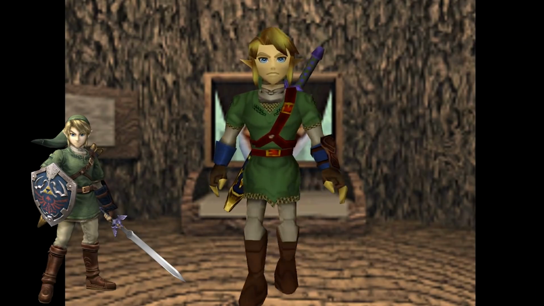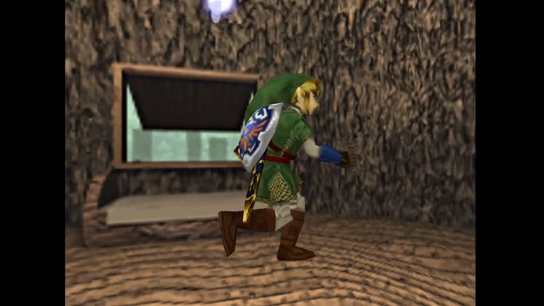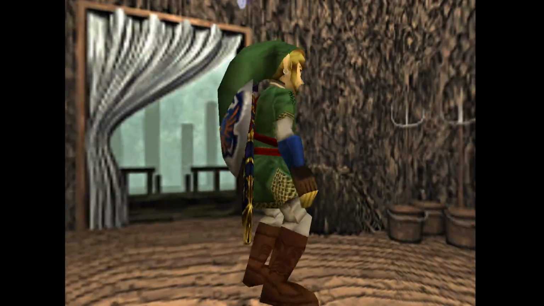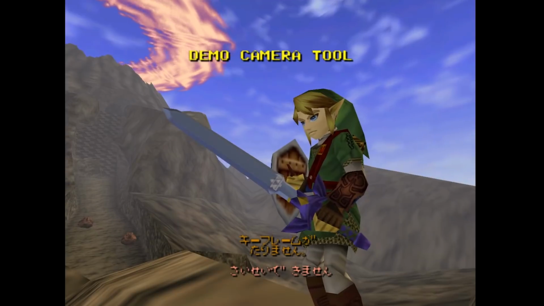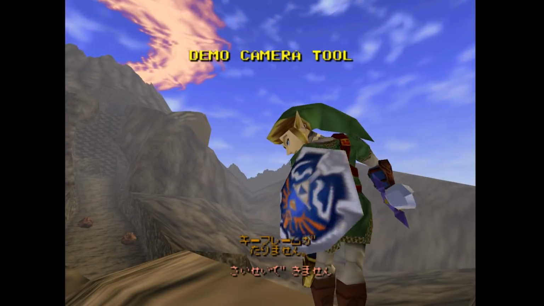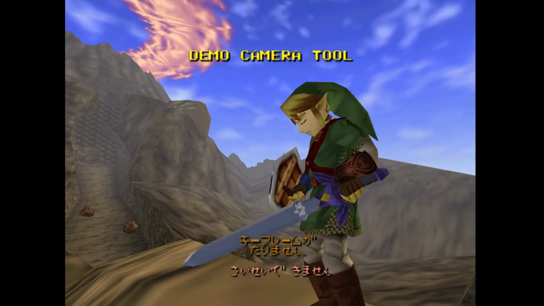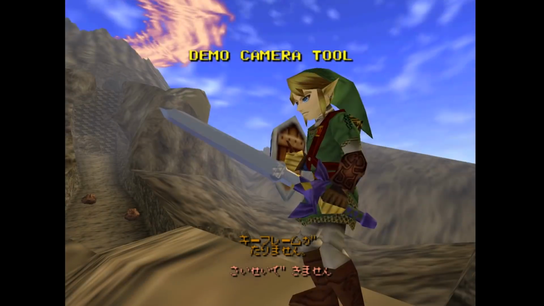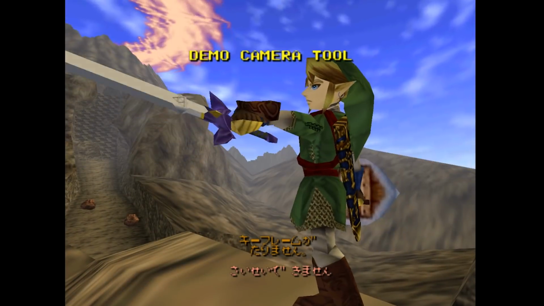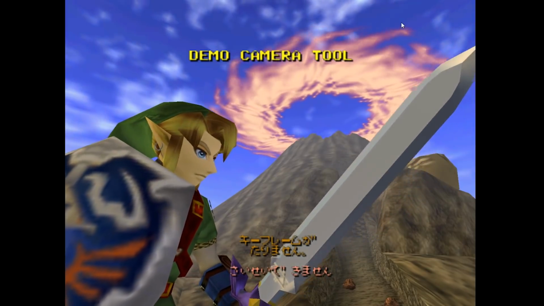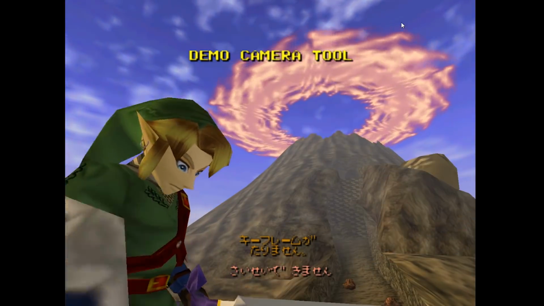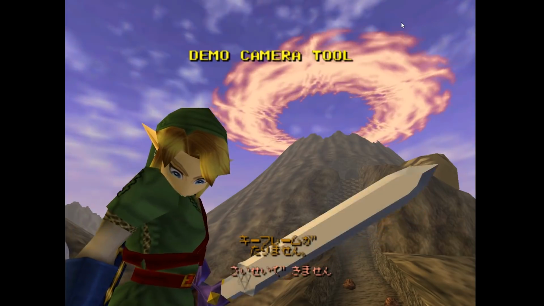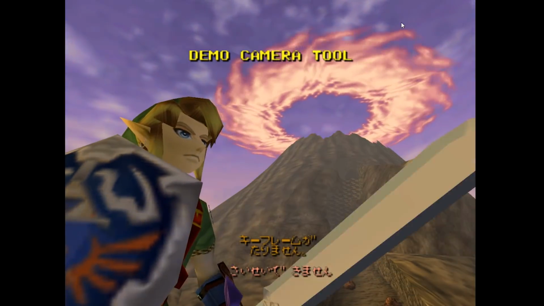It is Twilight Princess Link in Ocarina of Time. Check this out. The detail here is actually pretty incredible. He's remodeled and retextured Link to fit a Twilight Princess aesthetic, but it actually looks really good in Ocarina of Time. Now, in a couple moments, I'm going to show you some alternate versions of this, including Young Link and also including Link in the magic armor and one other aside from that.